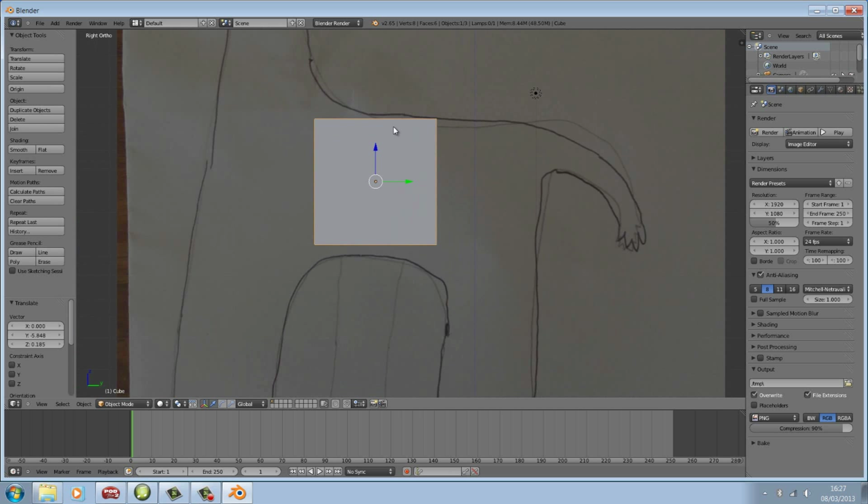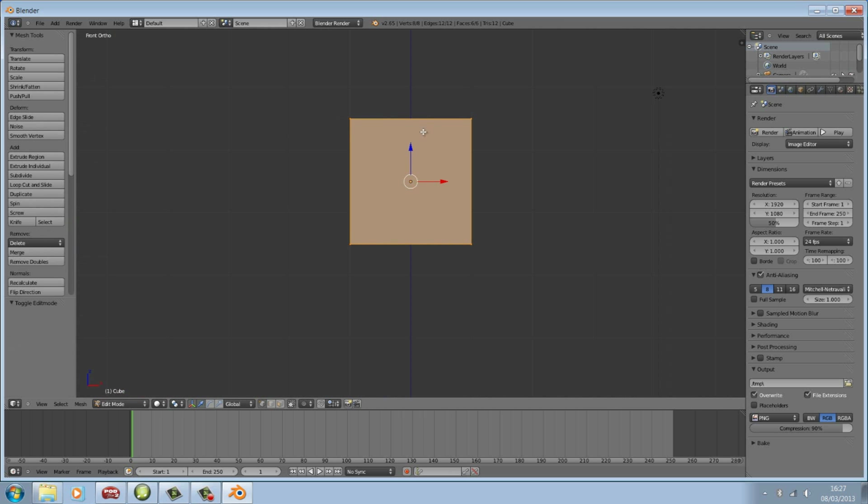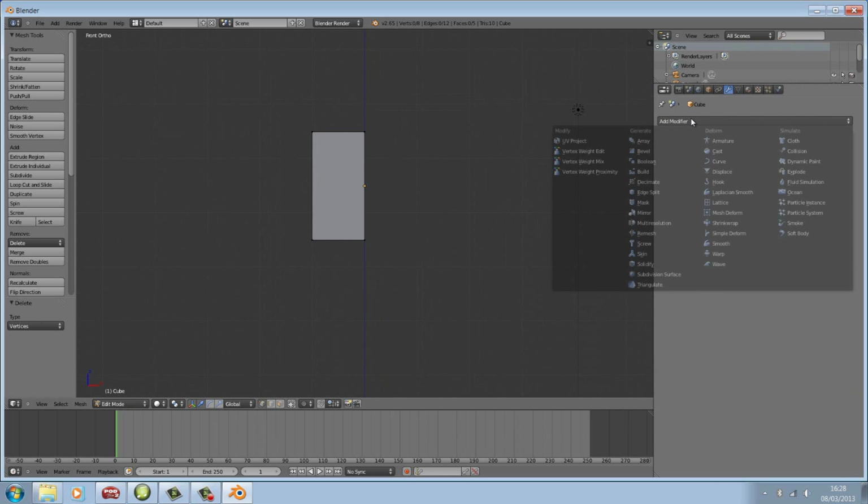I'm going to press 1 to go into front view, tab to go into edit mode, Control and R, left click twice, A key to deselect, make sure I've got my occlude background geometry on, B to box select, select it over, press delete vertices, and then I'm going to go over to my object modifiers and add our three object modifiers that we need to do this properly. So first one is,